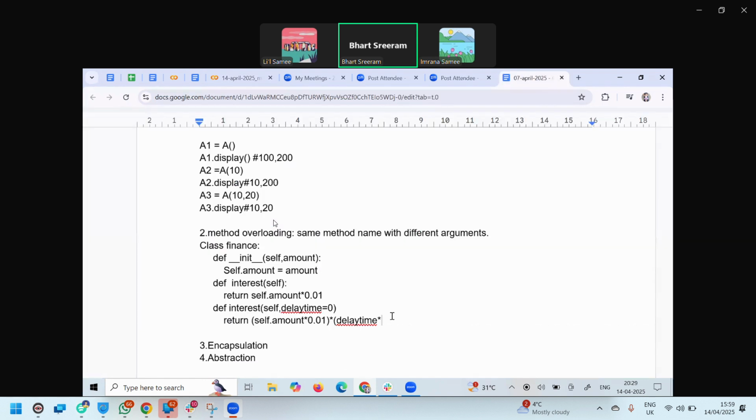So take that one as an example. If the delay time is greater than 0, then okay. Else, it depends on daily wise; one by one it will be added. Suppose we take some interest implementation. You can implement it. So first,